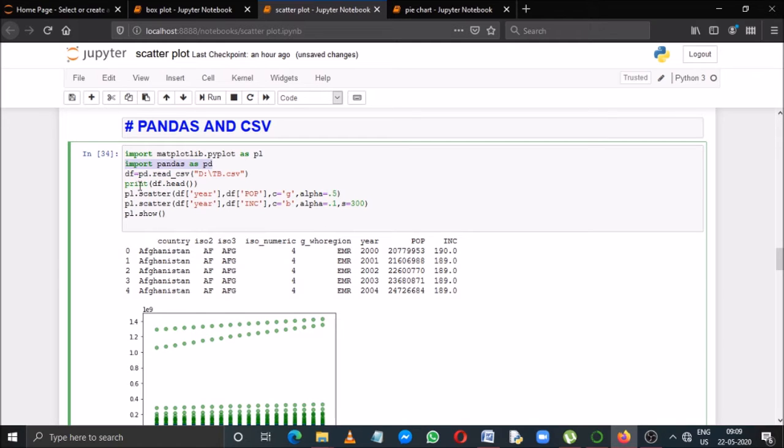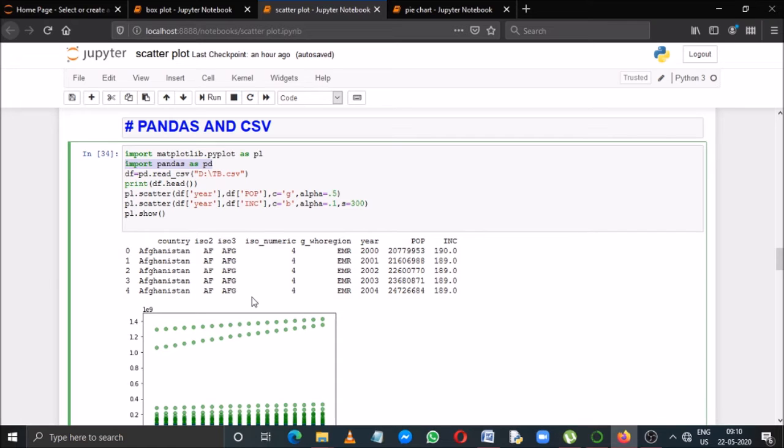So I read this file and store it in a data frame called df. Now, since this CSV file contains a lot of data, I have displayed the first 5 rows by using the head function. I believe all of you remember the purpose of the head function. This head function displays the top 5 rows from a data frame. So print df.head, you can see the first 5 rows will be displayed.